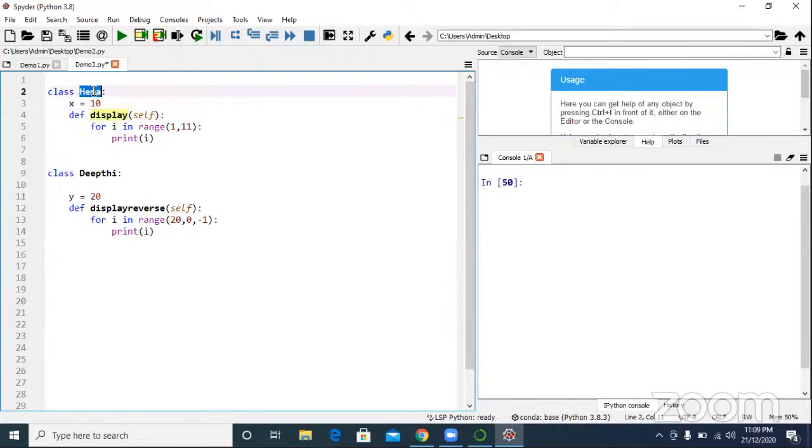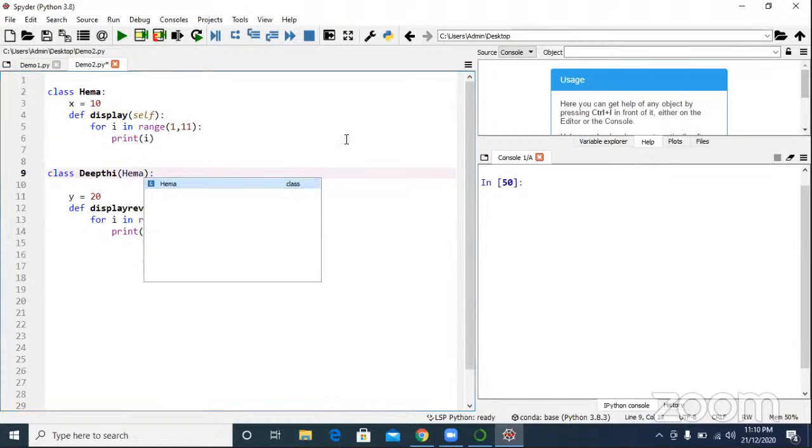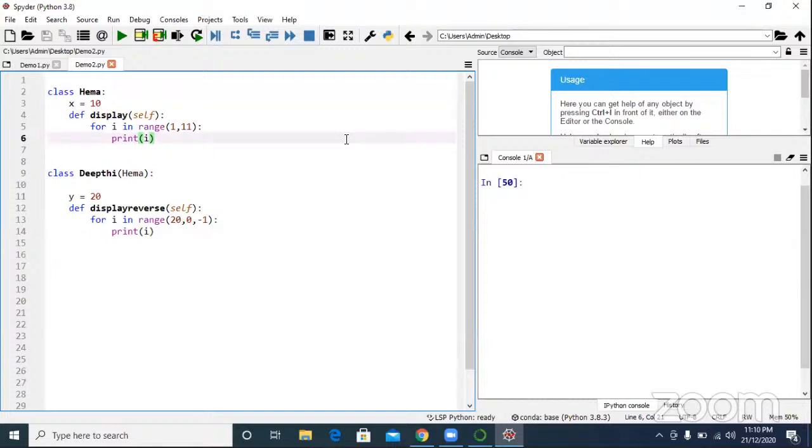Then Hema told, yes madam, you can use my method display. Then Deepti is taking permission. So basically, it is nothing but acquiring properties, acquiring functionalities from Hema to Deepti, called inheritance.